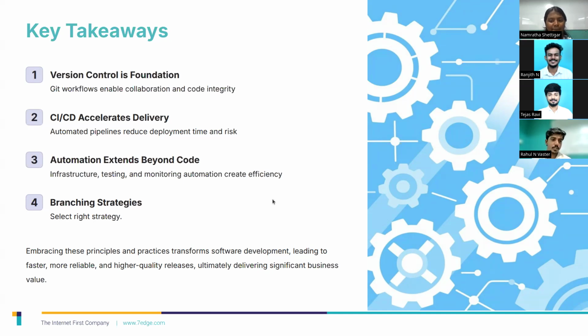That was the second takeaway. Then automation extends beyond code, from infrastructure to testing and monitoring, creating efficiency. And also the branching strategies, which help decide the environment and the ways of working we use. These are the key takeaways, the summary of our whole session.